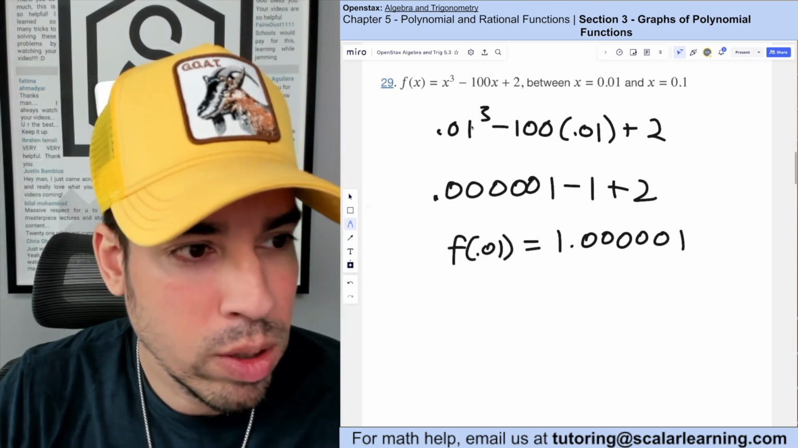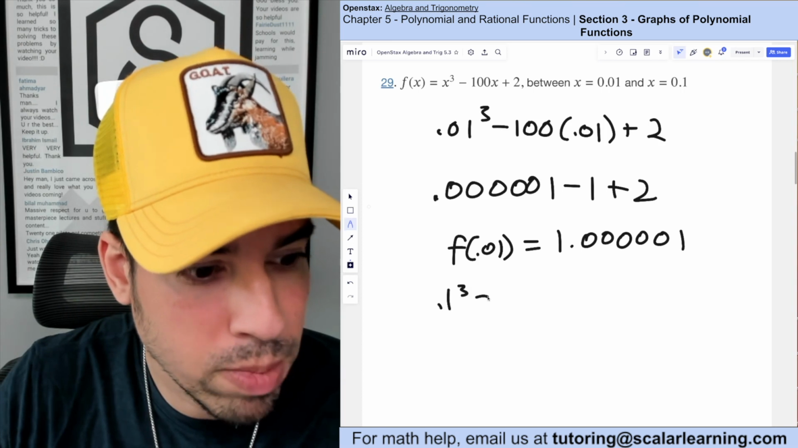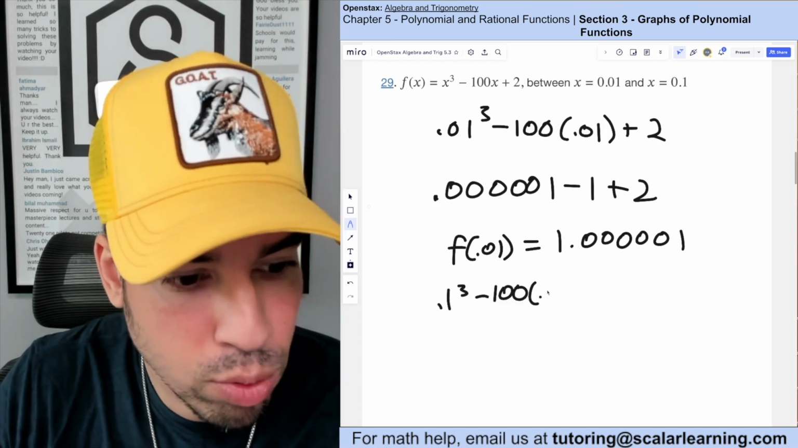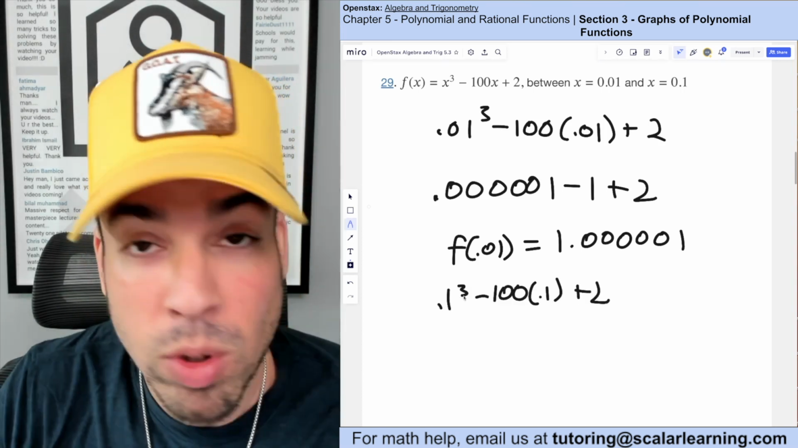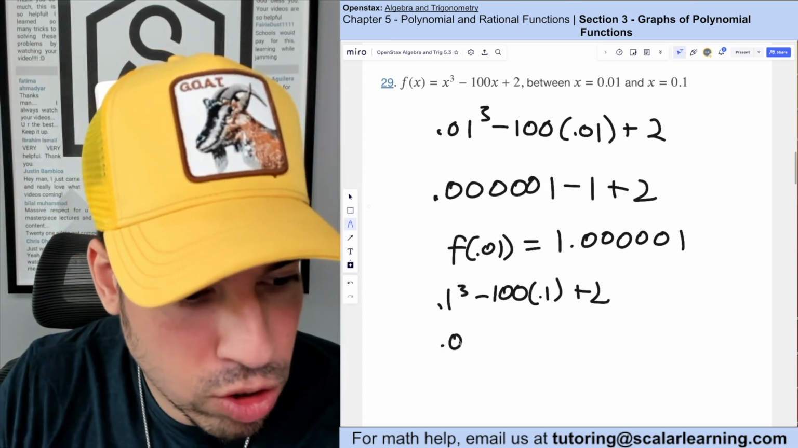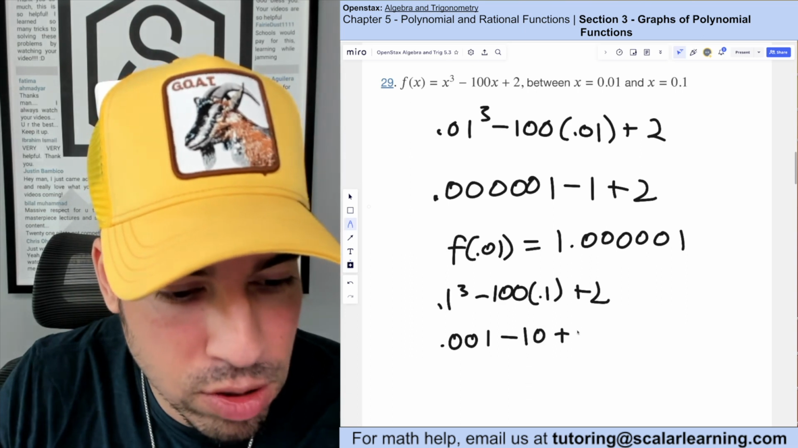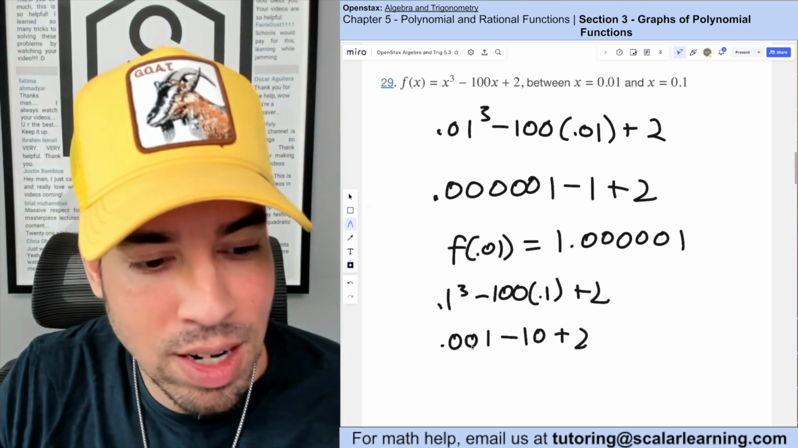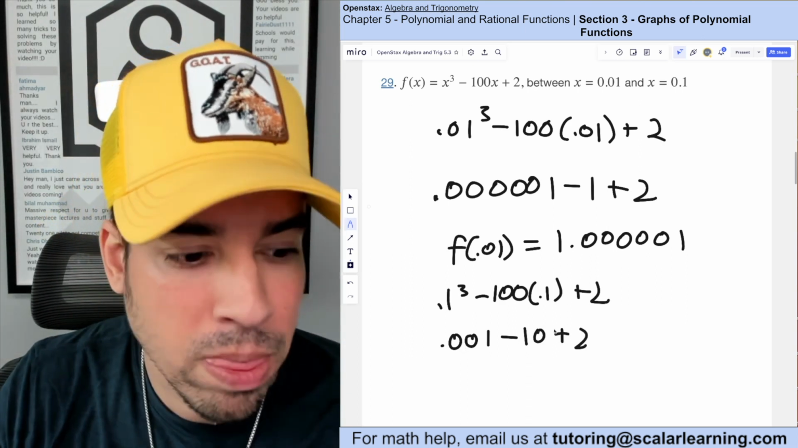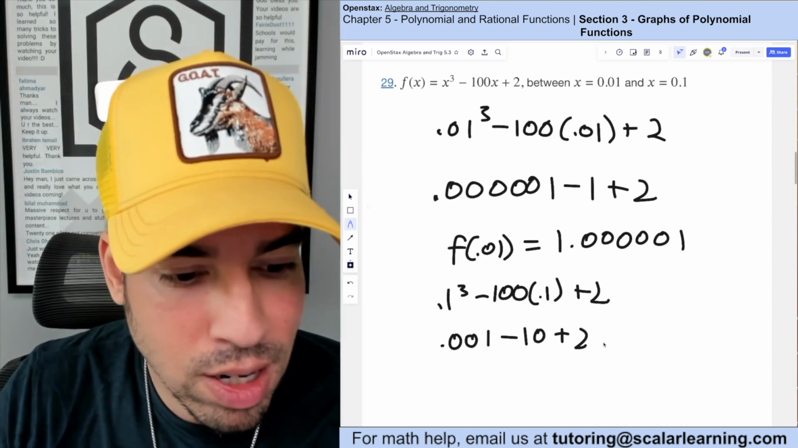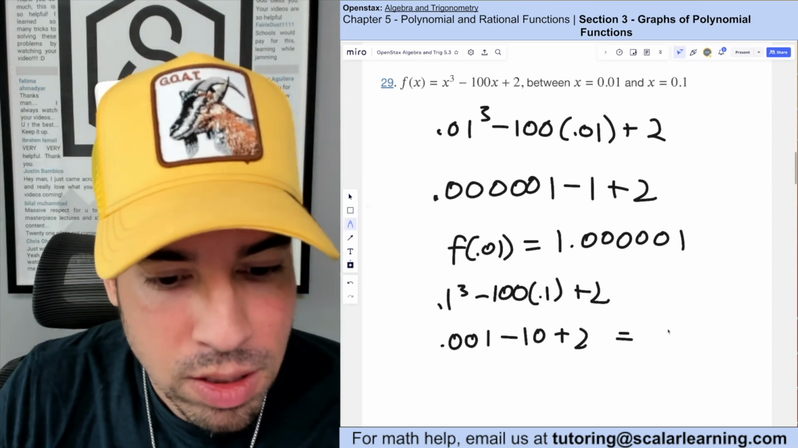Now I'm going to plug in 0.1, so we have 0.1 cubed minus 100 times 0.1 plus 2. 0.1 cubed is really small as well. It's 0.001. 100 times 0.1 is 10, so minus 10 plus 2. So this, again, is so small, it's kind of negligible. We know we're going to get a negative answer, but just to be precise, this is going to equal